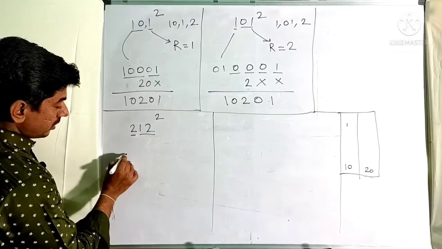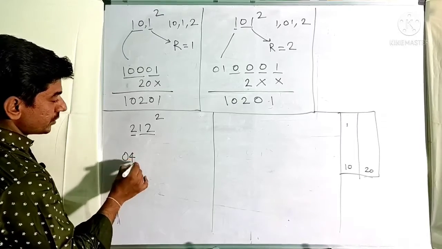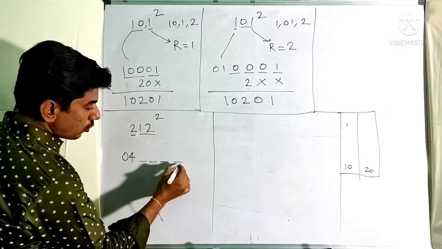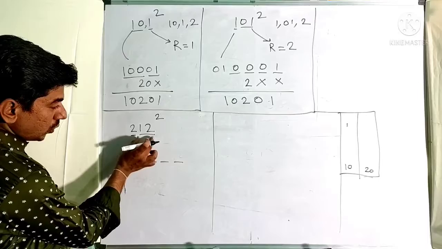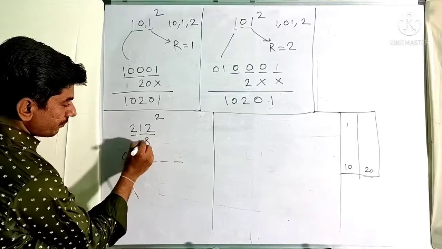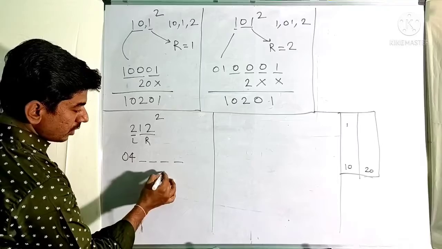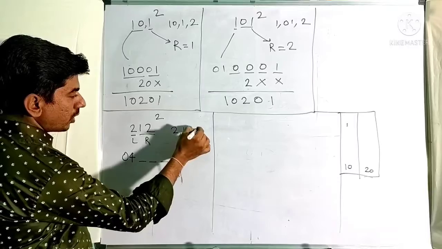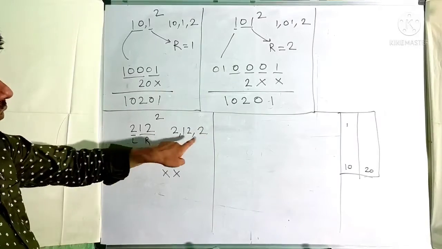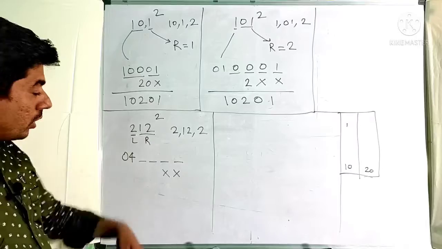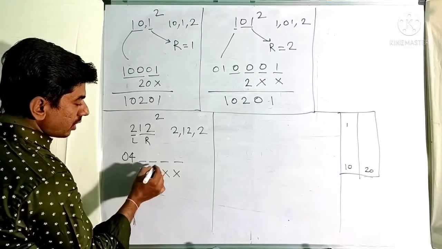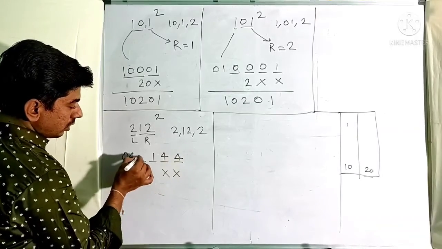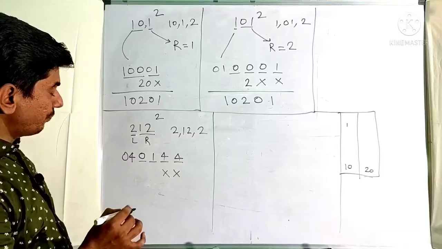Again, single digit number 4, write it in 2 digits. Now we are taking the square of a 2 digit number, then I have to leave 4 spaces. Okay, now the right part is made up of 2 digits, therefore leave 2 digits. The parts will be 2, 12, 2. Here the square will also be taken as a part when you are taking the product. Now the square of 12 will come as 144, right from the extreme right, 144. The remaining will be taken as 0.